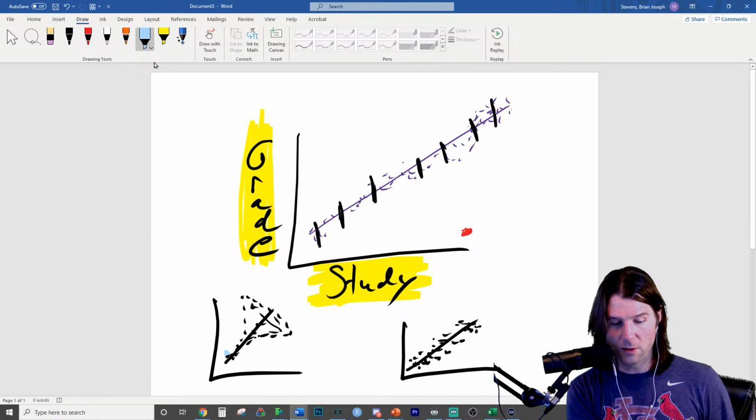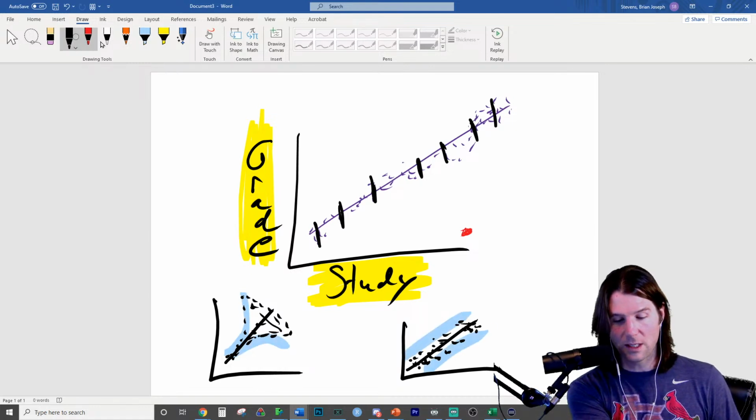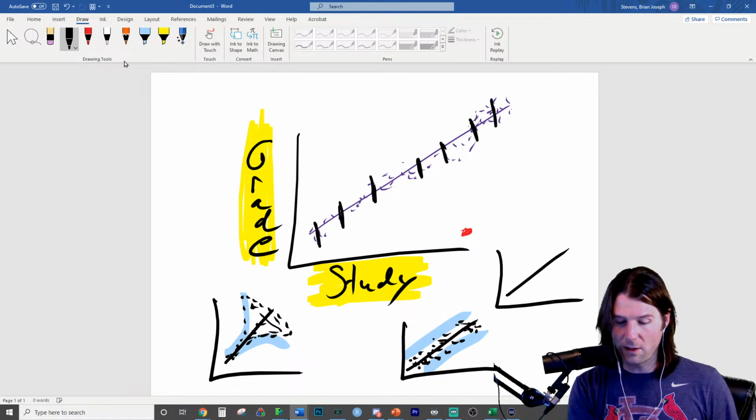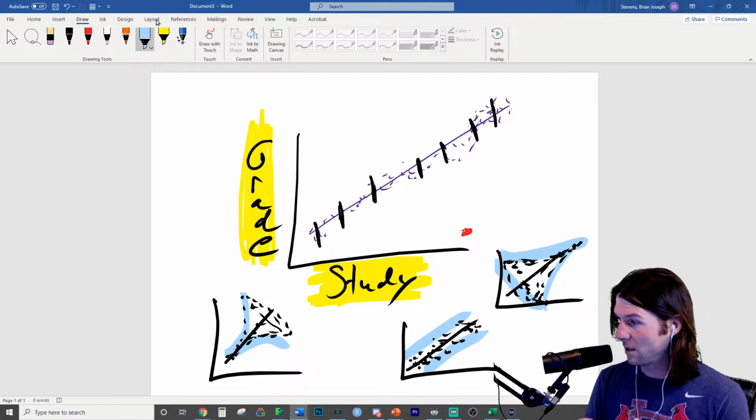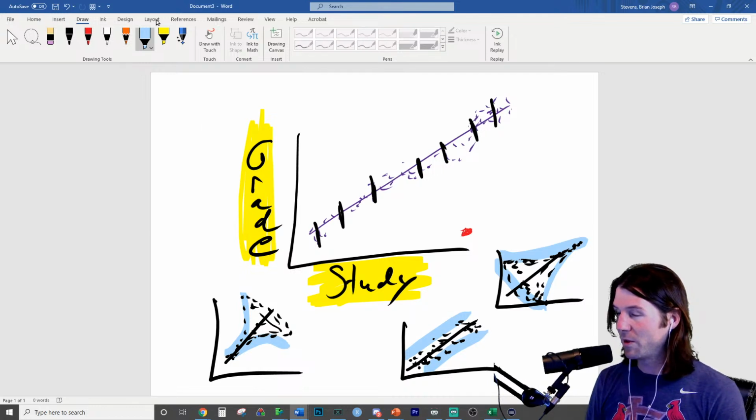If you notice this one down here gets worse in its predictions, this one stays steady. And you don't want it to get better. You don't want to see it get better in its predictions because it gets thinner. Some people have said this one's not a violation, but some people have been like, Brian, this is good because it gets better. You want, as we say in 320, to have homoscedastic, which is the same thickness throughout. So hopefully this makes sense.